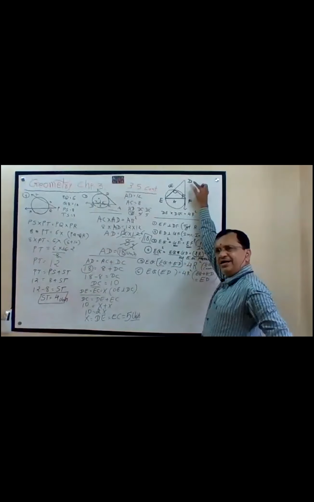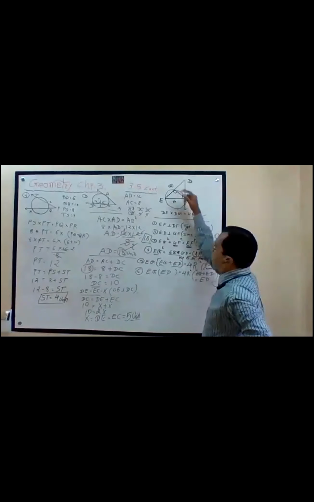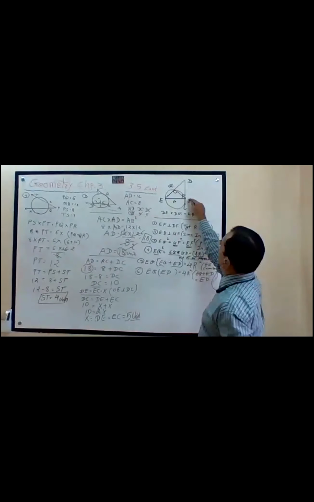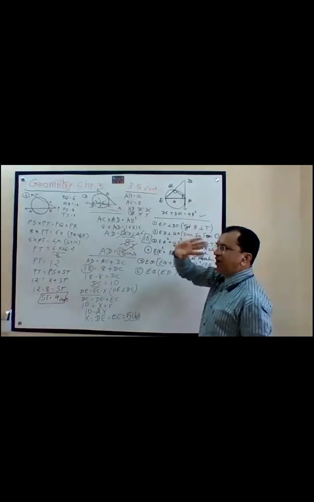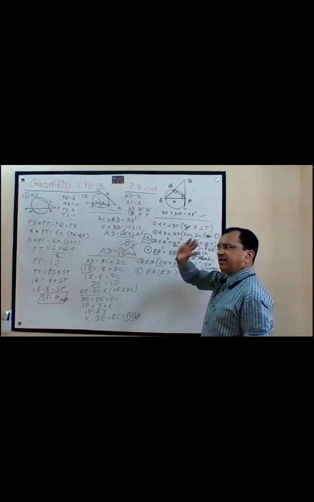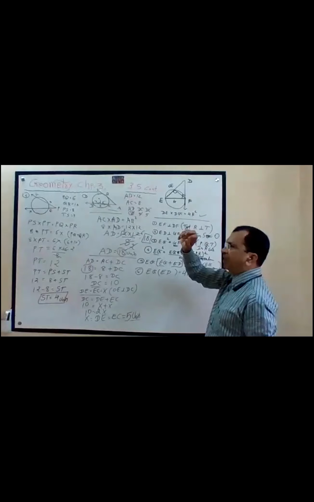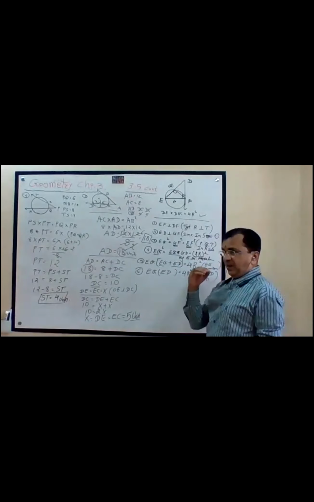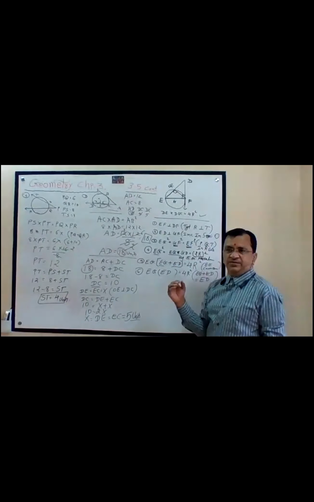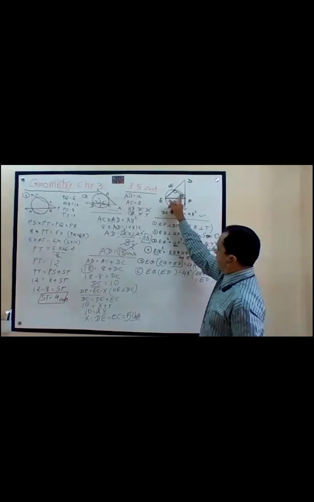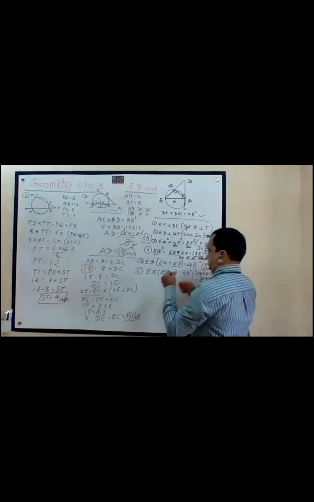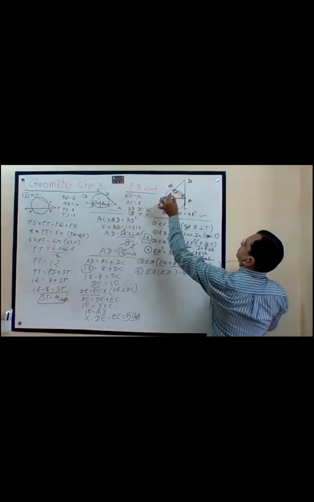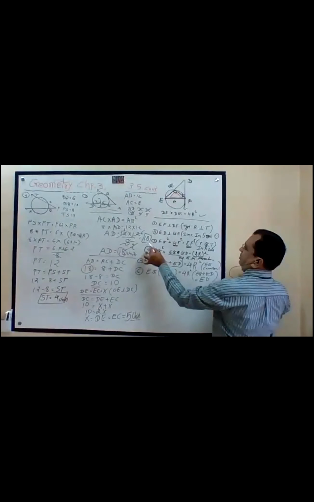This I have taken 90 because of the tangent radii perpendicular theorem. I have taken this also 90, both 90 not given. We are taking by theorems. EGF is 90 because inscribed in half circle. Then I have taken this small triangle. So this is 90. So square of this plus square of this is equal to square of this. This I have written.